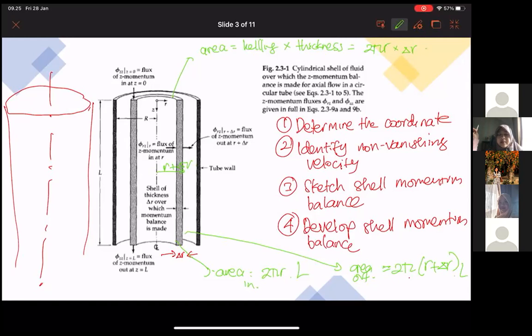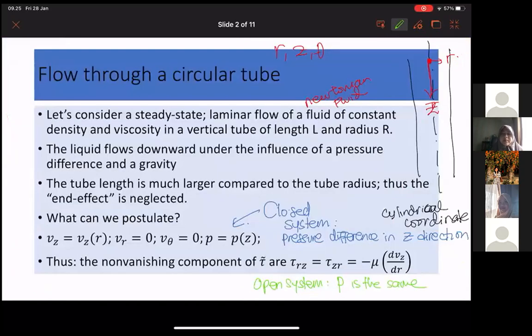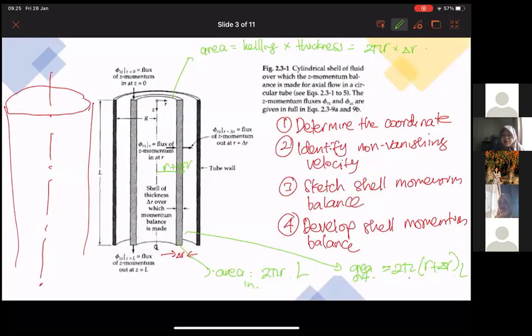Ma'am, I have a few questions, ma'am. Yeah. Could you go back to the previous slide? Ma'am, so in point number 3, could you explain again what the end effect actually is? Right. The end effect is maybe I can explain it like this. So